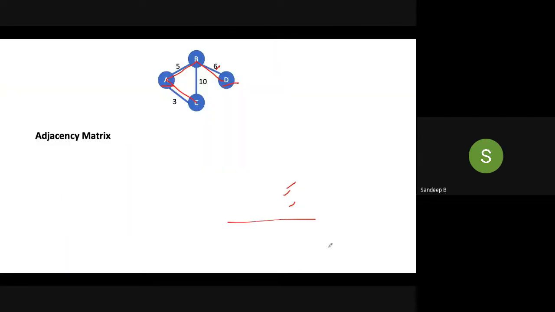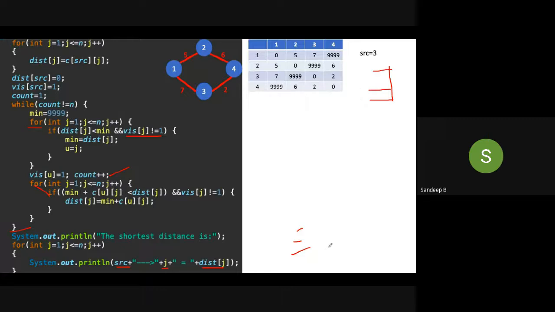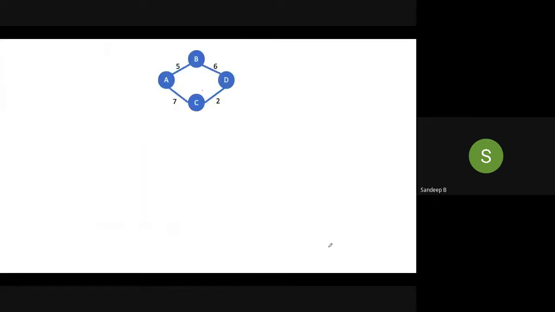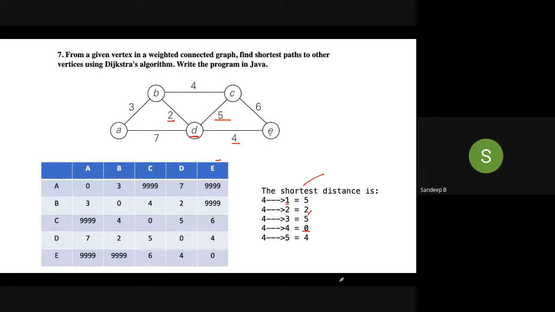In the assignment, you have to submit the source code. You have to submit the screenshot of the output. And this tracing, as I have done, you have to do the tracing for this graph. Already you might have this graph picture. Everyone has to trace the program for this particular graph step by step. Take source node as 5. This is the input.